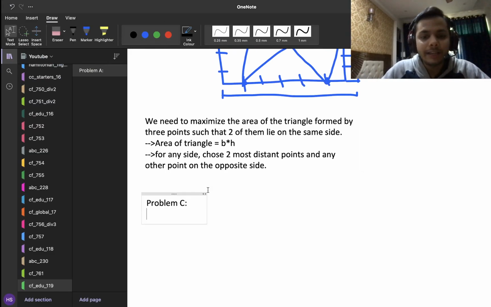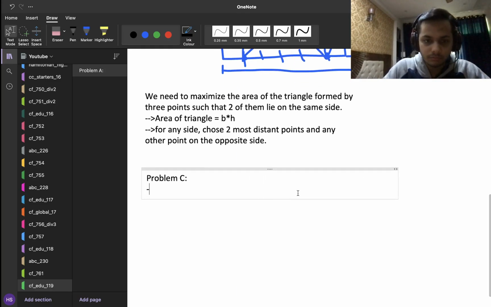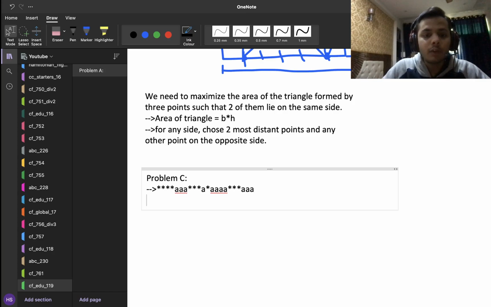So I'll try to be as clear as possible. This is a bit tricky. So I hope you guys are able to understand what I'm trying to say here. So I have a BA string. So I have a string like this, some asterisks, then some A's, then some asterisks, A, asterisk, A, something like that, right? Now what happens is that in every asterisk I can place any amount of B from 0 to